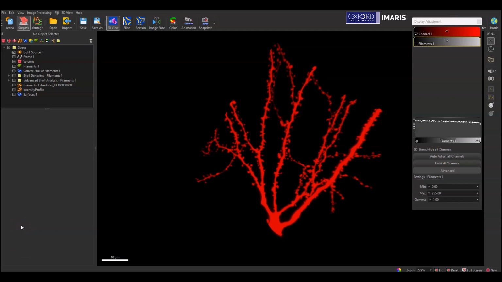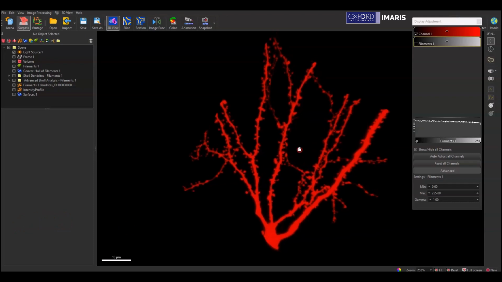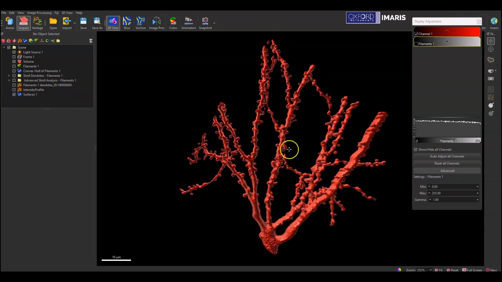Hi, today I'm going to go through a few different options you have for using Snapshot to display your channel intensity and any objects that you have created. So I'll first start off with going over some options that can be useful for looking at the objects you've